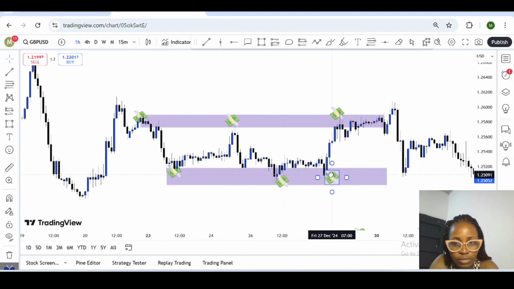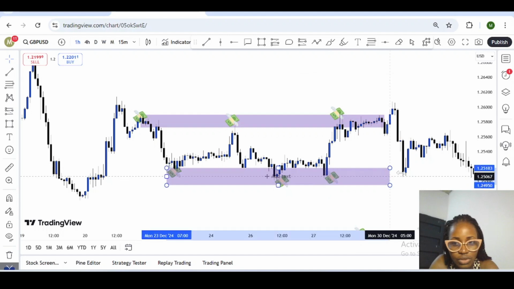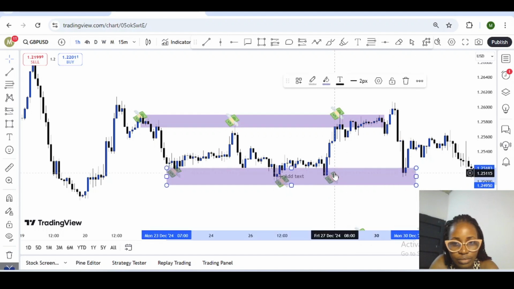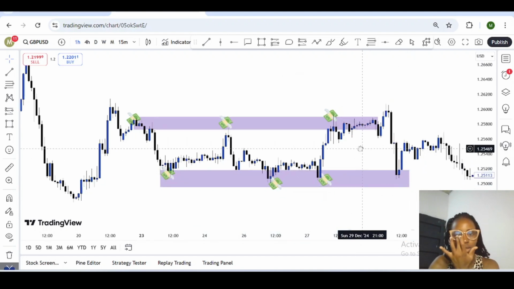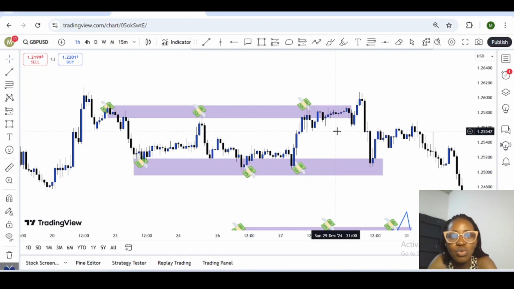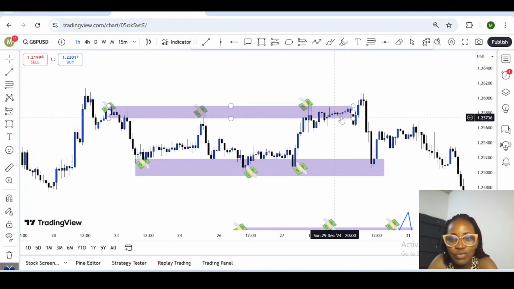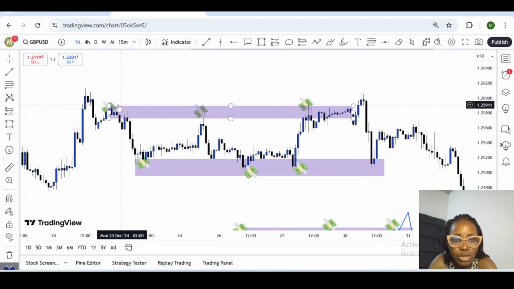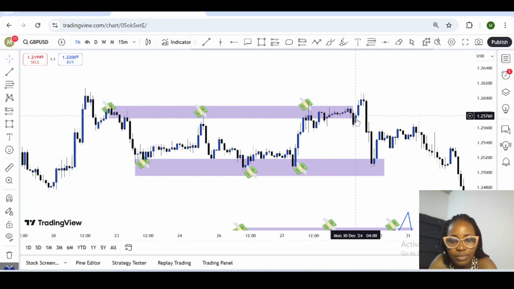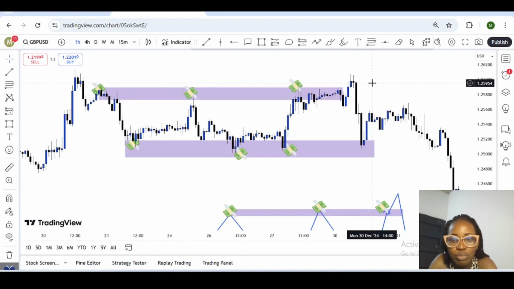Here, even this one here. Okay, so when they come into the market, they want to manipulate what is happening here. First of all, you can see here, they took price all the way up, taking out the money or the liquidity that we're resting above this resistance level here, swept all the liquidity that we're resting here before pushing price